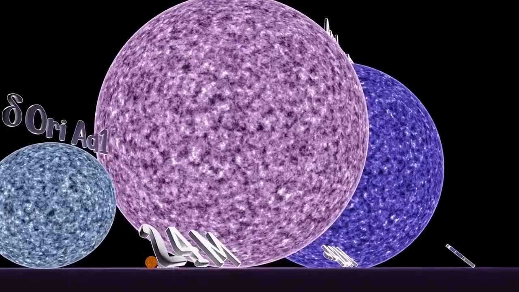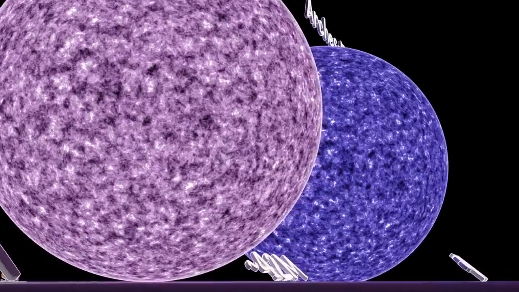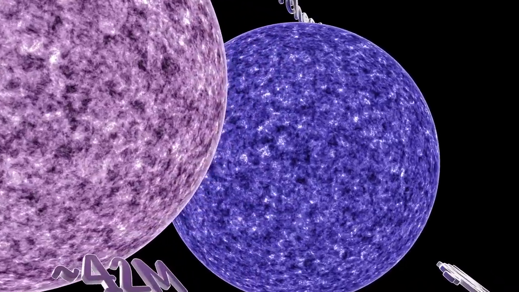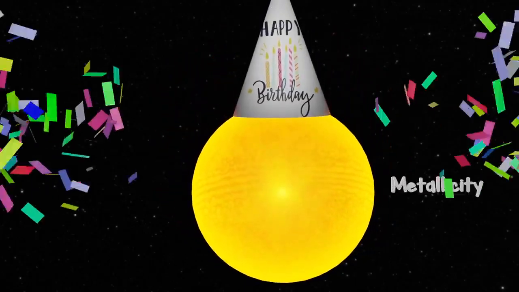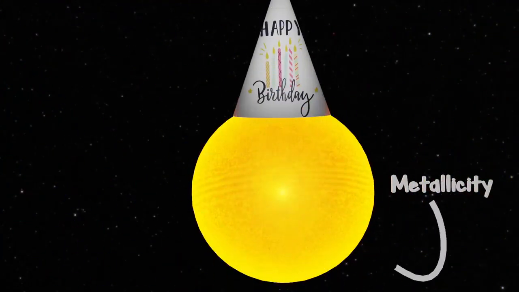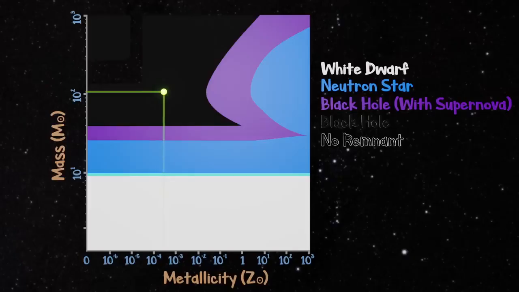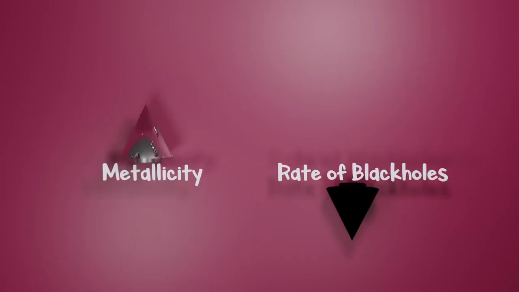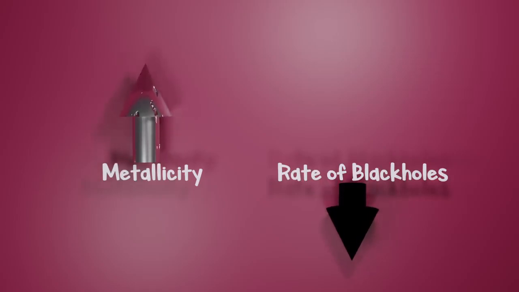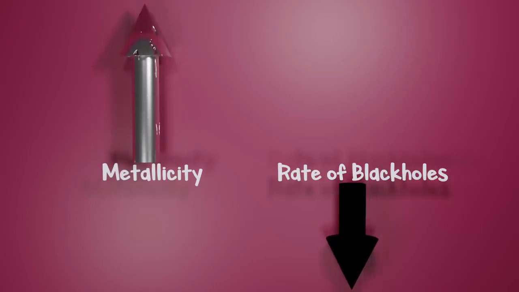When astrophysicists talk about the masses of stars, they are referring to its initial mass. This is the mass of the star once the fusion of hydrogen begins in their cores. When we refer to metallicity, we are also talking about the initial composition. As we look at this diagram showing that higher metallicities produce fewer black holes, this value is referring to the metallicity when the star was born, not when it collapses. Thus, the next question to ask is, why does increased metallicity reduce black hole formation?